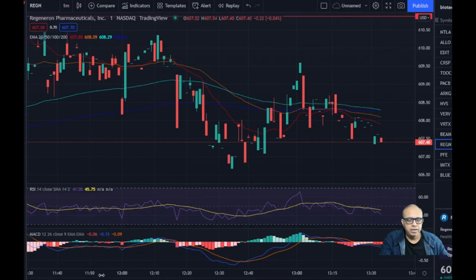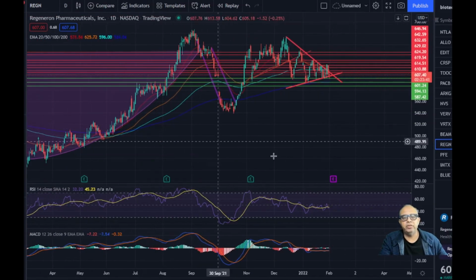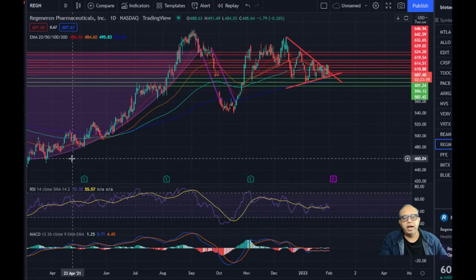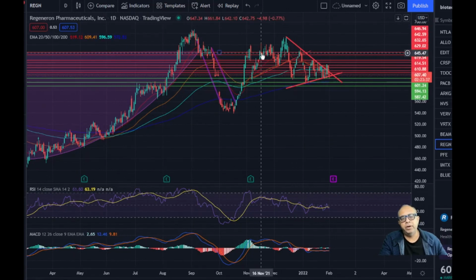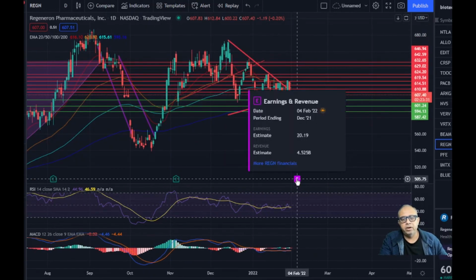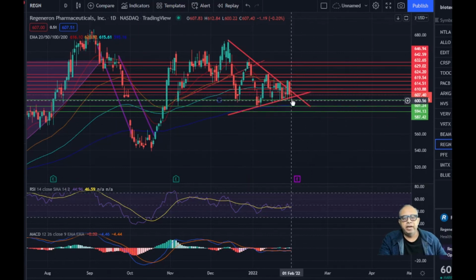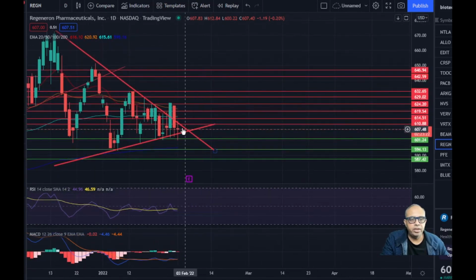But if I was to zoom out for a long-term vision, I can show you this pennant that we have here, and I would assume this pennant is on an upward movement, and therefore I'm expecting this to break upward either on or before 4th of February when the results are due. And right now we have a red candle which has pierced both the top of this pennant as well as the